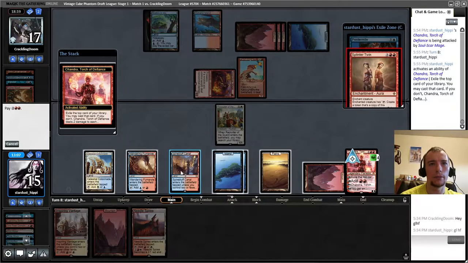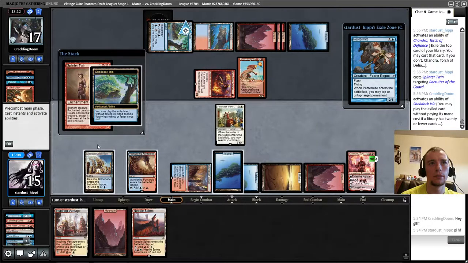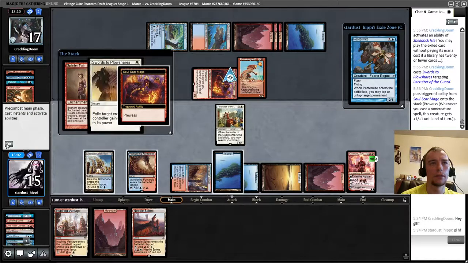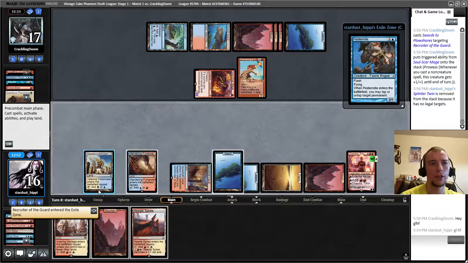Alright, so 1, 2, 3, 4. Again, I'm not expecting to have a removal spell here. Oh, unless it's under the Shelldock, I guess. Oof. Okay, well, that's a problem. At least their Shelldock card wasn't that good in the end, but now our Chandra's gonna die, and we're in quite a bit of trouble here, so...